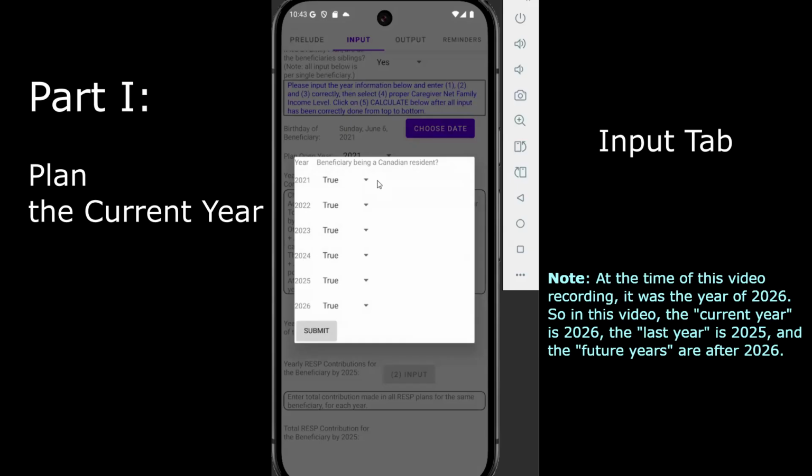In this example, we choose true on resident eligibility for all the years. Note, if the beneficiary is not a Canadian resident for a year, then no RESP contribution can be made for the beneficiary for that year.